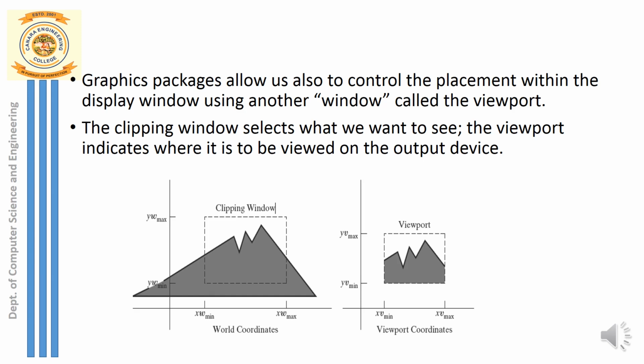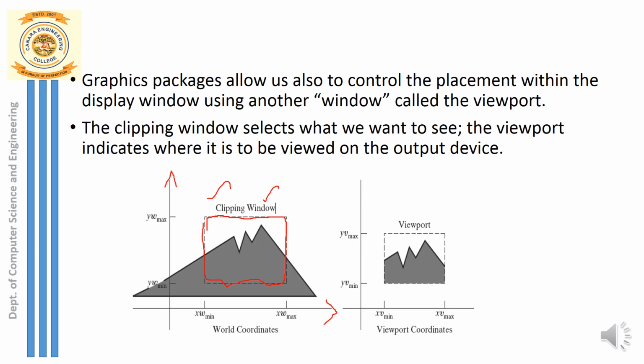You can see it again in another example. The first diagram, the leftmost diagram, indicates the clipping window, and in this clipping window there is one simple graphic shown with the help of the x-axis and y-axis. You can see I don't want to display this entire graphic. I want only the desired portion, only one portion of this graphic, to be finally displayed on my screen or on my display window. So that area is chosen first. How to choose that area?